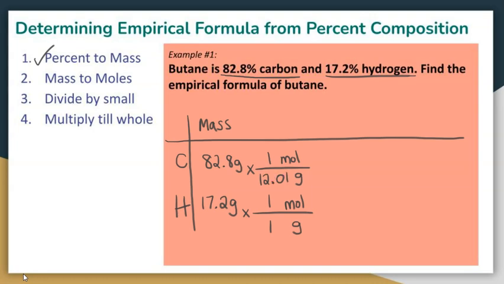And even though we usually would round hydrogen's mass to 1 gram, in empirical formula problems, it is generally best to hold on to more sig figs than you normally would. So I'm going to go ahead and put in 1.008 as my mass for hydrogen. Then I'm going to get my number of moles for each of my two substances. This is our mass to moles step. So when I multiply this out and divide, I get